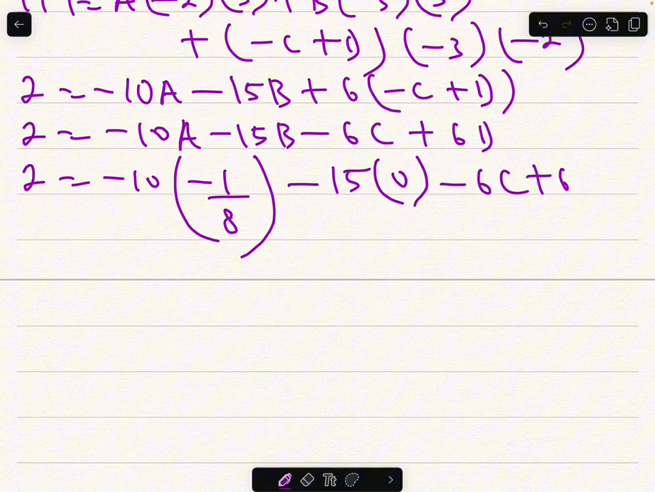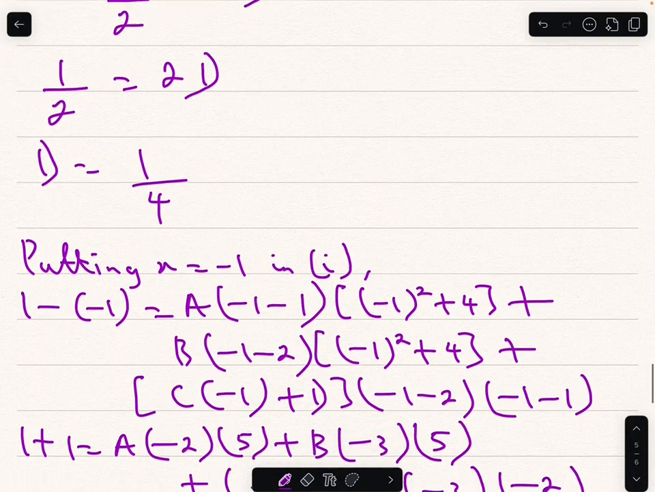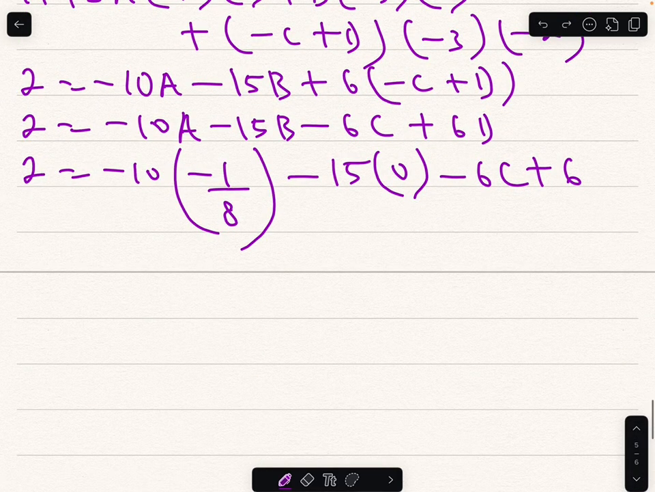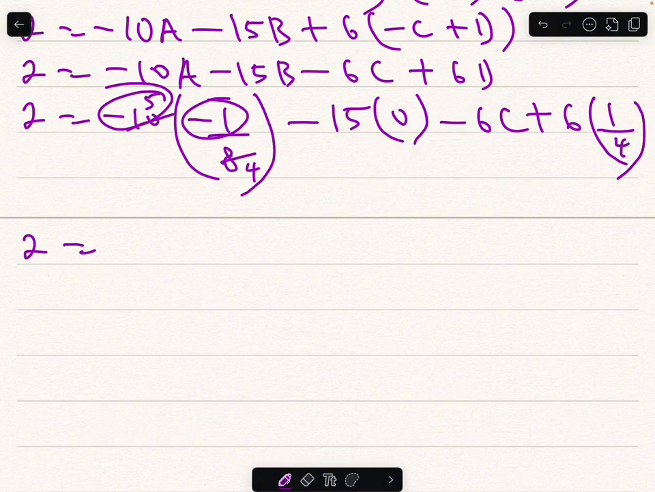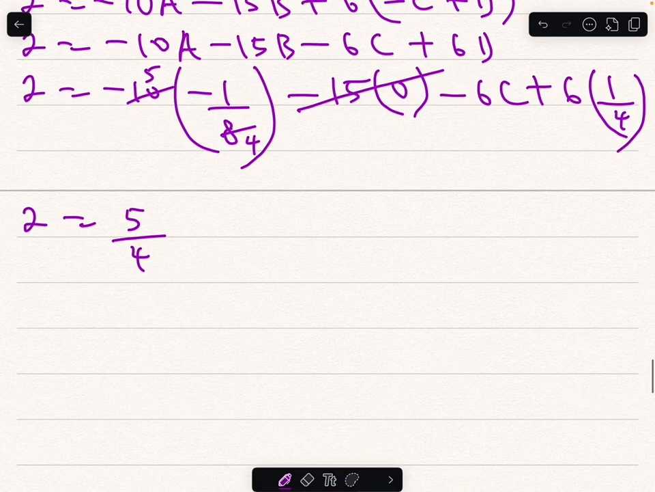minus 6c plus 6d. What is d? Let's check that. D is 1 over 4. So that's plus 6 times 1 over 4. And that simply means 2 is equal to, 2 here 5, 2 here 4, that means minus 5 times minus 1, which is plus 5 over 4. This will be 0, minus 6c, 2 here 3, 2 here 2, plus 3 over 2, which simply means